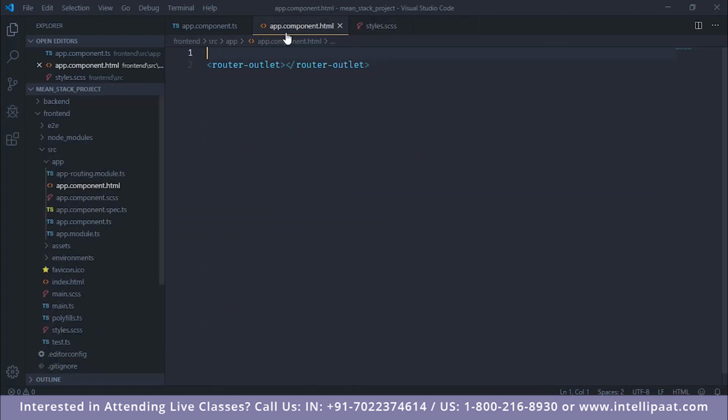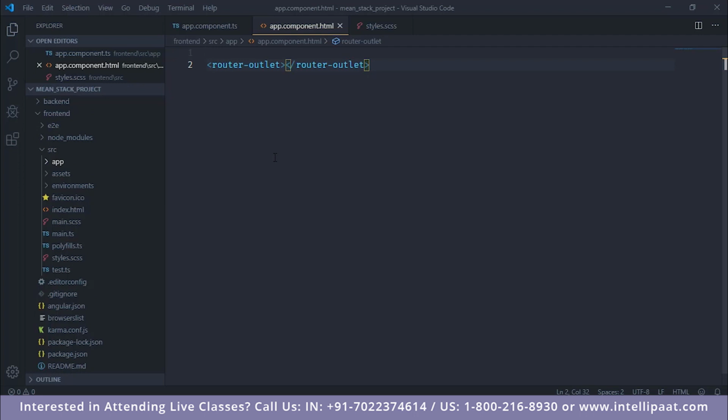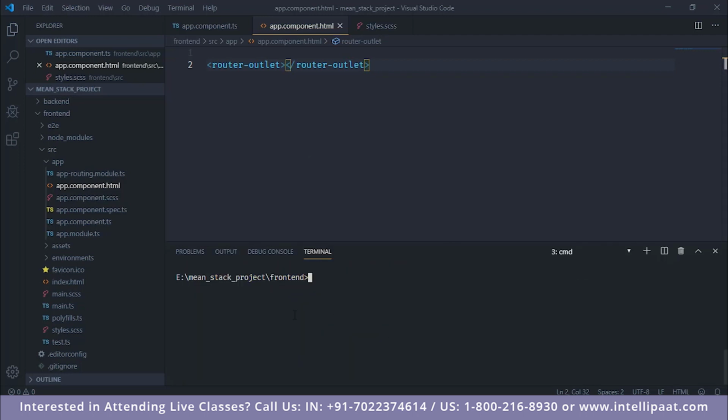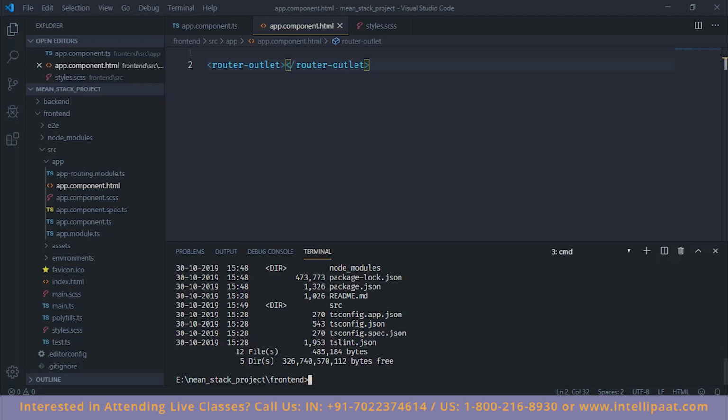Now let's begin by first generating a new component. For that we'll use the Angular CLI. So let us begin by creating a task view component. Make sure that you are in the front end directory, and let's see what we have. So we look at the directory tree. We have all of these